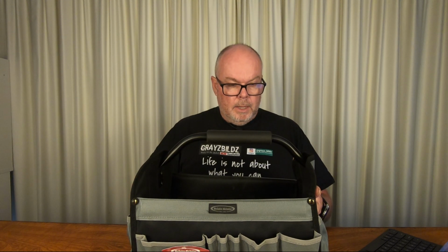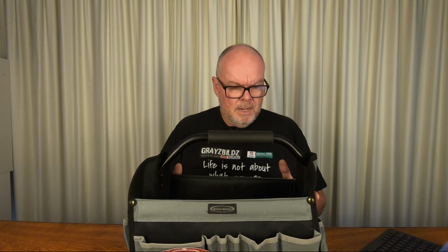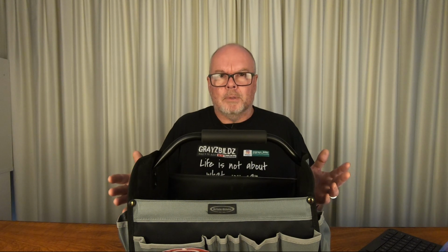And of course I will start filling it with the Knipex products that I've been buying and reviewing, and a few others in coming weeks. Now this one is 15 inches long. It is collapsible, as I mentioned. Why you'd ever want that, it doesn't make any sense to me. Once you've got tools in it, you're never going to collapse it, and you're not going to take your tools out of it to collapse it. So,